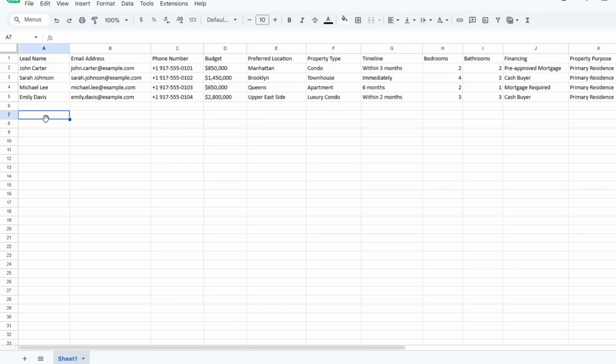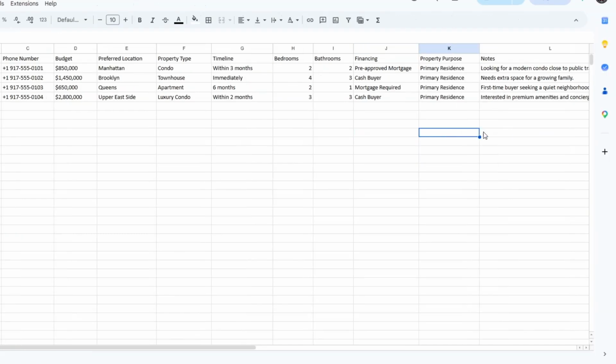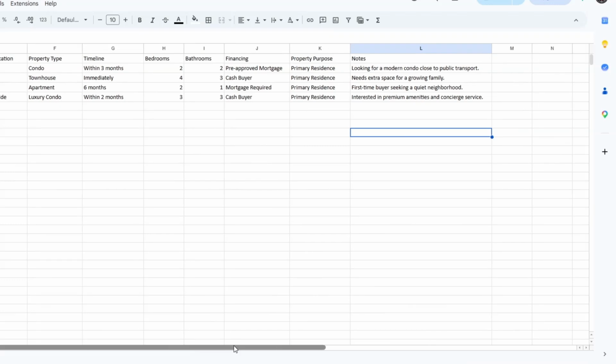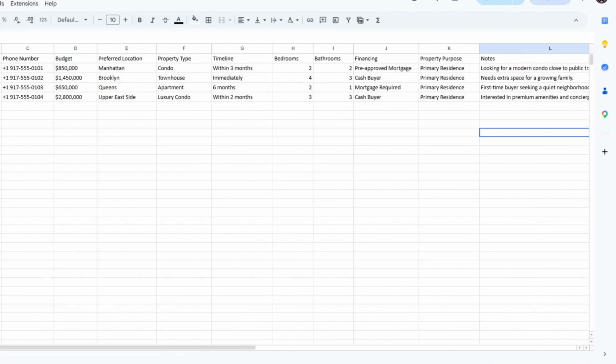So you can see their lead name, email address, phone number, budget, preferred location, property type, timeline, bedrooms, bathrooms, financing, property purpose, and some notes right here. So we like Claude to qualify, nurture, and generate personalized responses for each of our leads right here using our